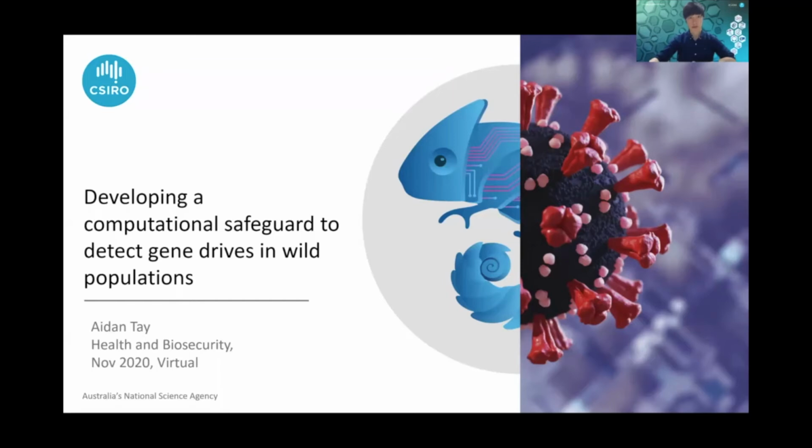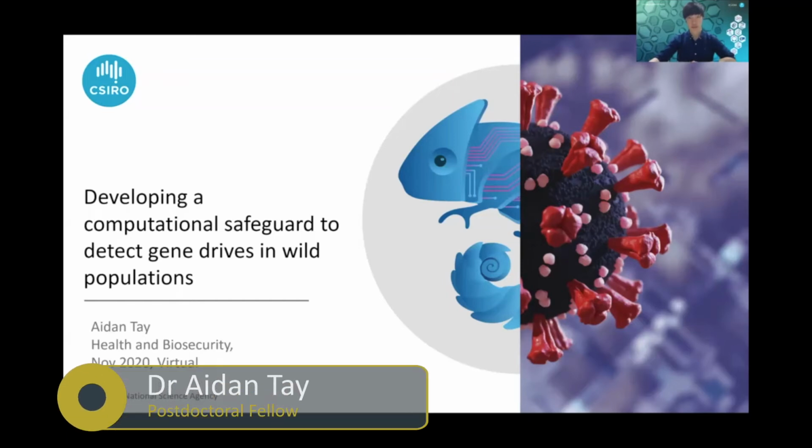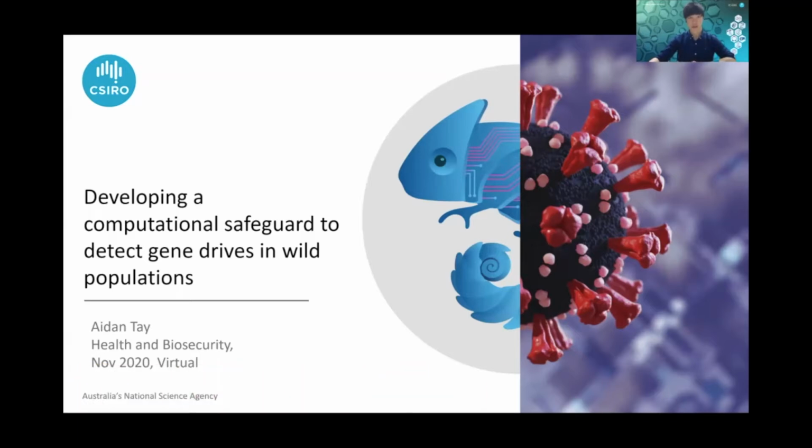Hi, my name is Aidan, and I'm a postdoc in the Transformational Bioinformatics group at CSIRO. In this video, I'll be talking to you about how we're developing computational safeguards to detect gene drives in wild